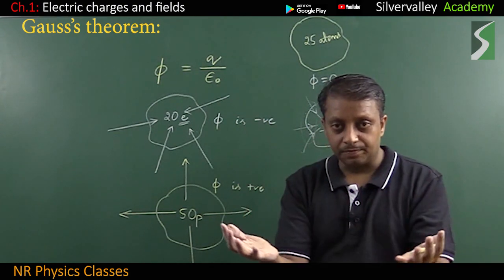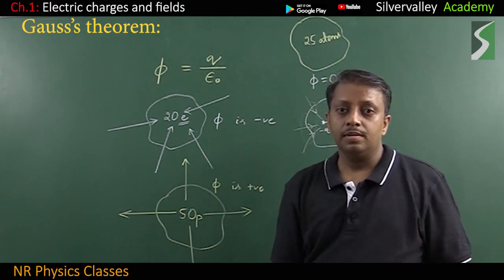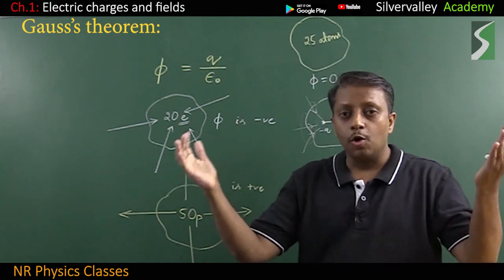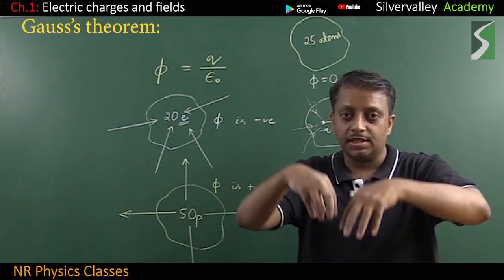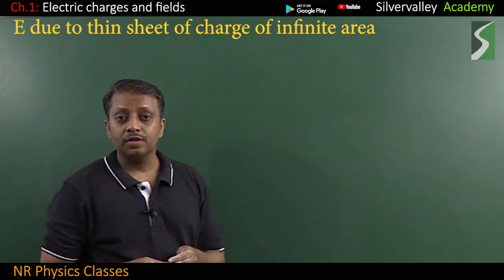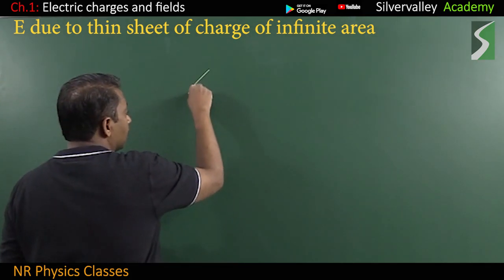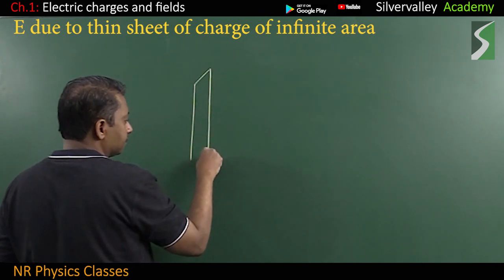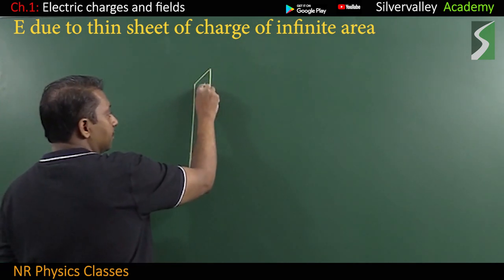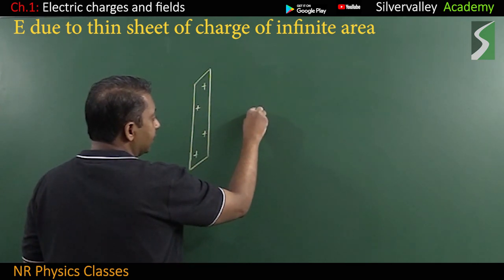It could be a sphere, it could be a cube, it could be any regular shape. But what matters is how much charge is enclosed inside. Electric field due to a thin sheet of charge. If this is a thin sheet of charge, say positively charged, then electric field at this point